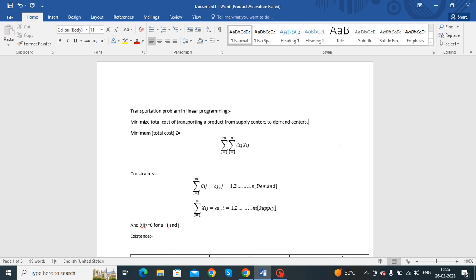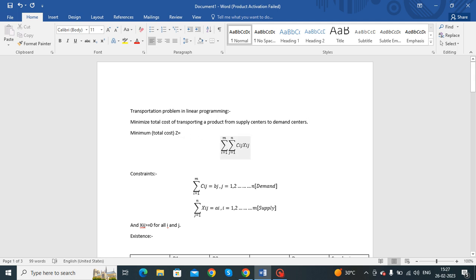Now a transportation problem is when we have to minimize the total cost for transporting a product from a supply center to a demand center. What this means is that we are solving a given problem in a given table to find the minimum total cost to transport a product from a supply to a demand center. And how this is found is